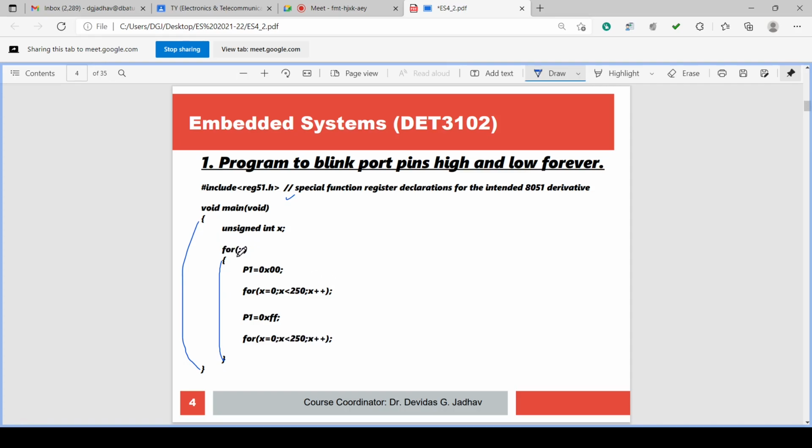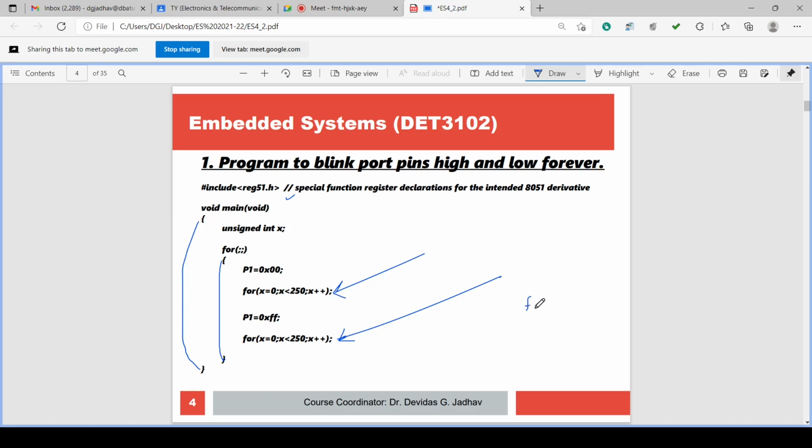This for loop is not having a semicolon, so it executes the next. These are the semicolons for the for loops at the end, isn't it? And the first for loop is not having a semicolon, which will execute the next instruction or next block of instructions along with itself. But the for loop which is having a semicolon at the end will execute only that loop.